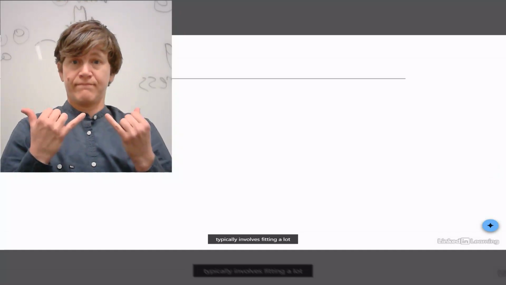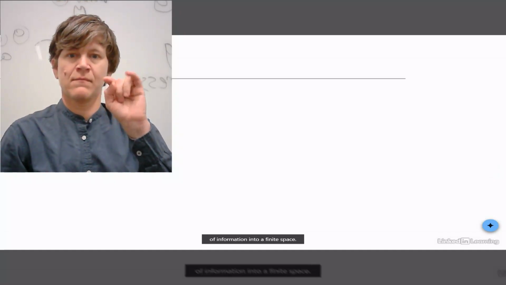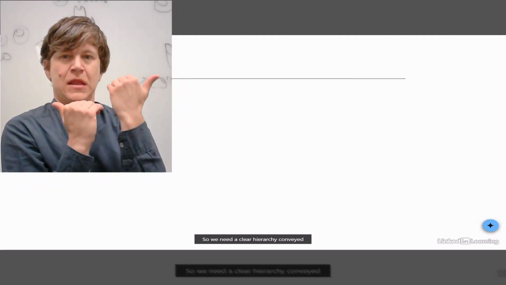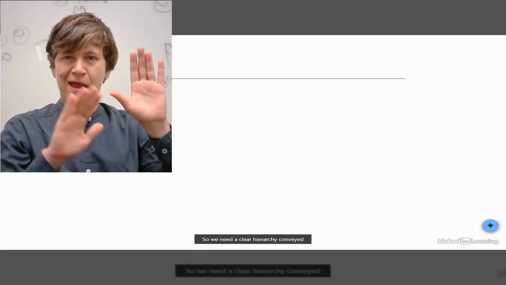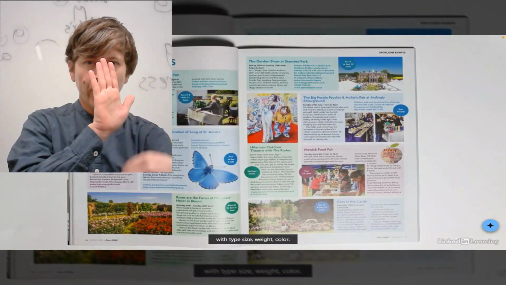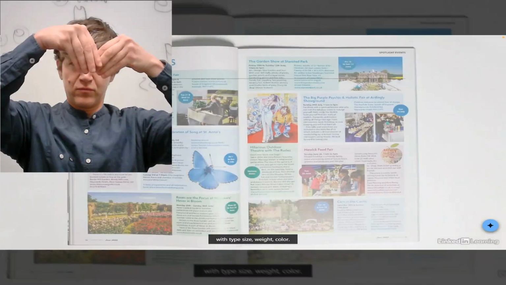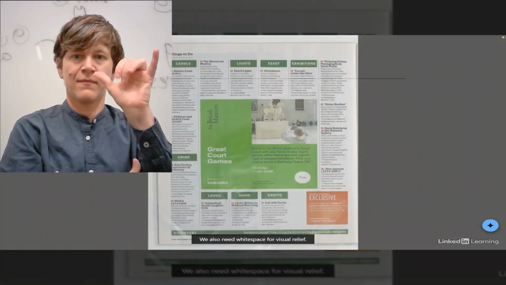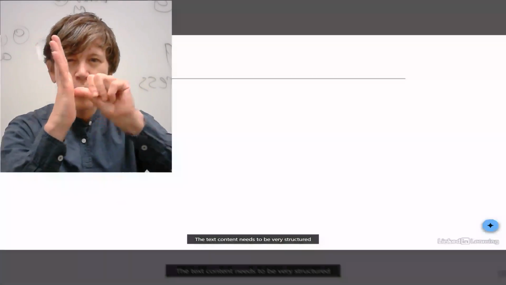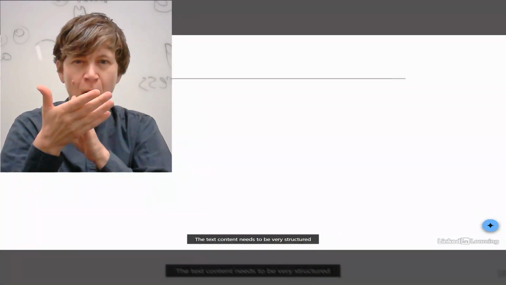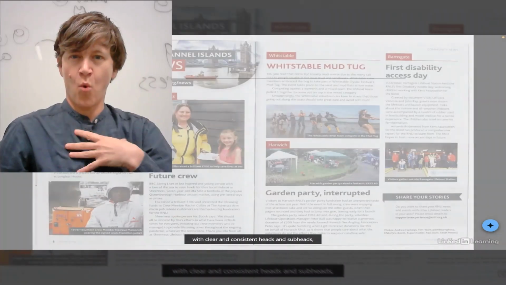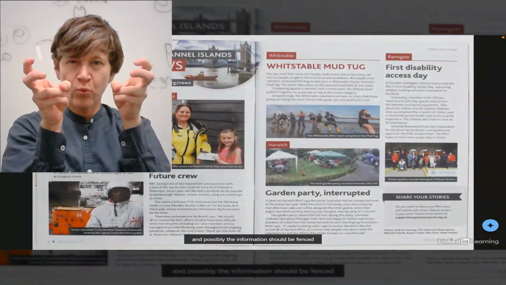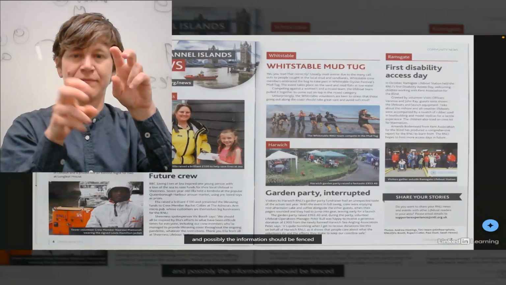typically involves fitting a lot of information into a finite space. So we need a clear hierarchy conveyed with type size, weight, color. We also need white space for visual relief. The text content needs to be very structured with clear and consistent heads and subheads, and possibly the information should